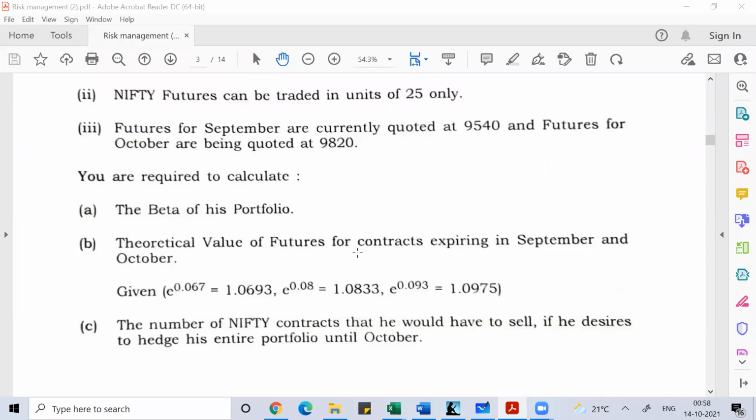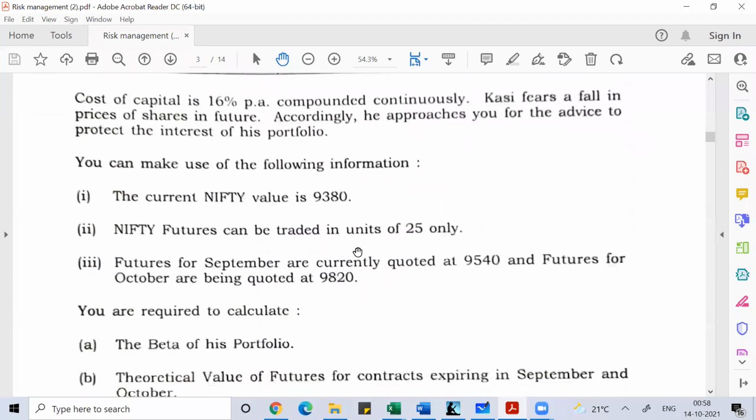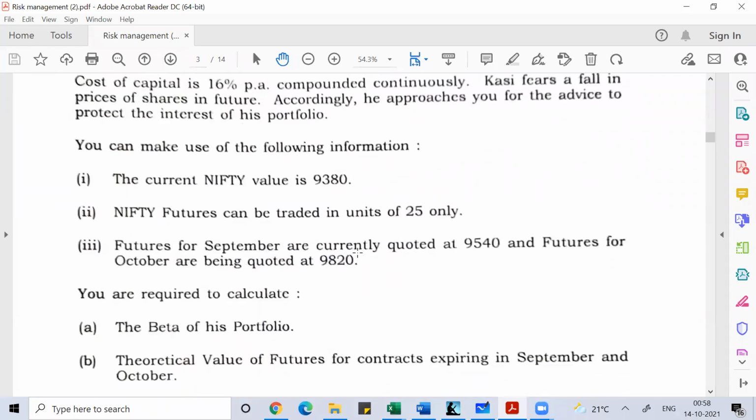Now the question that comes to our mind is that Mr. Kashi is going to use a Nifty contract to take a short position on Nifty. By that, Mr. Kashi wants to hedge his risk over Nifty, his concern being that the value of his portfolio should not fall. Because of this concern, he calculated the beta of his portfolio. So definitely he is going to take a short position on the Nifty contract so that he can hedge his risk over the fall in the value of his portfolio.